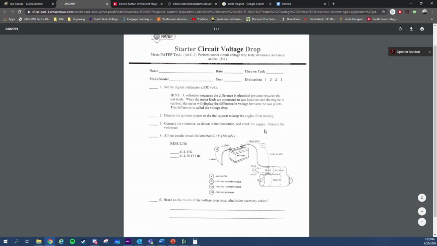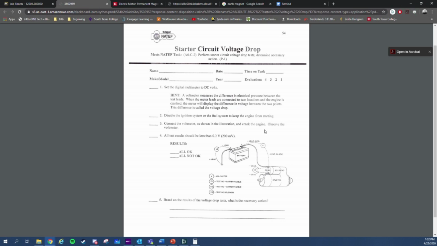So if you look at this, this would be one of the job sheets we'd be doing if we were in class right now. And what is the purpose for a voltage drop, first of all? Like, why do we do voltage drop? Make sure everything has the correct voltage it needs to run. Yeah, you're checking the actual circuit that's providing the current or the ground to the component, your starter motor,